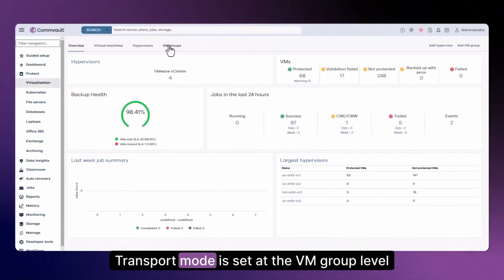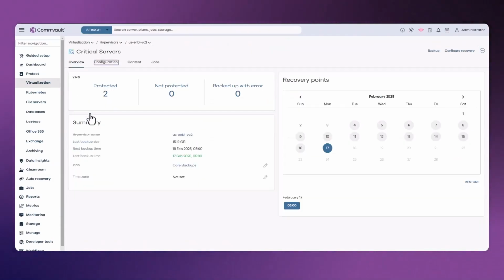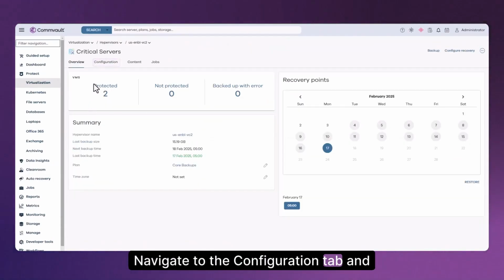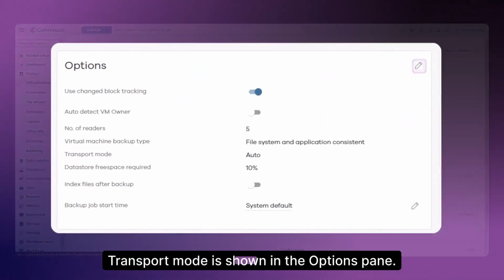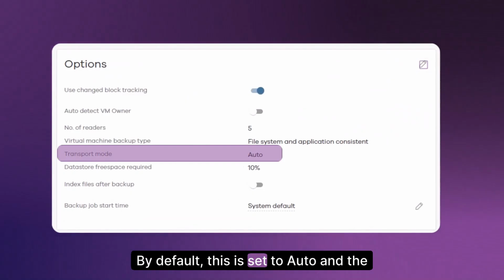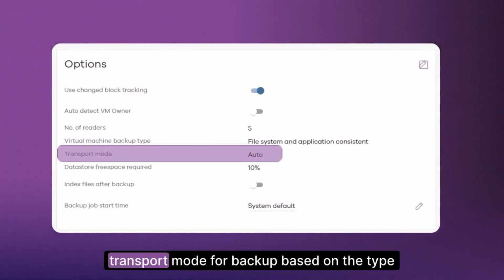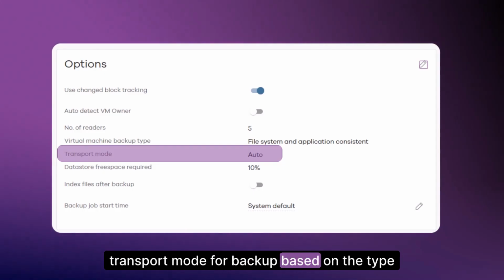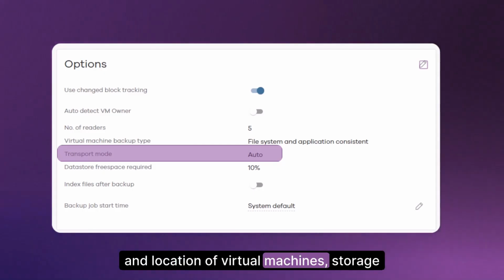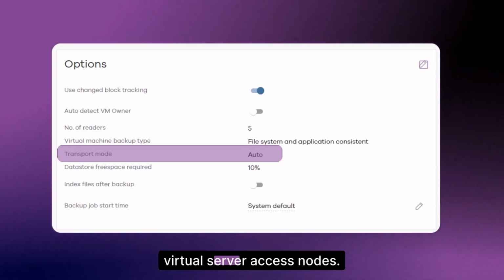The transport mode is set at the VM group level in Command Center. Navigate to the Configuration tab and Transport mode is shown in the Options pane. By default, this is set to Auto, and the software uses logic to determine the best transport mode for backup based on the type and location of virtual machines, storage infrastructure, and the type and location of virtual server access